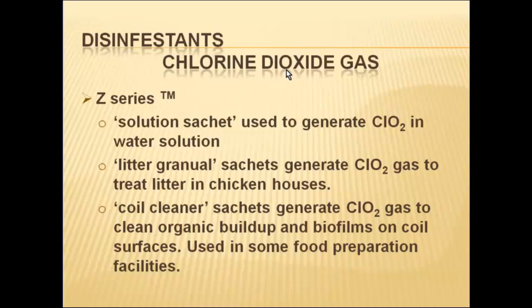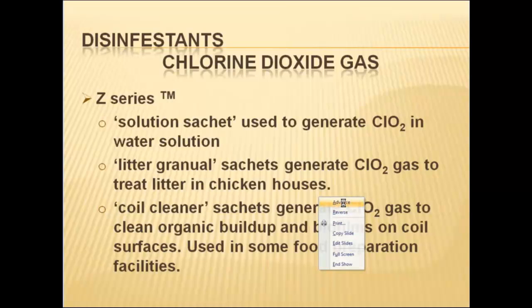This is a product that produces chlorine dioxide gas. The trade name is Z-Series. It comes in sachets. It can be used to generate chlorine dioxide in water tanks. It's also labeled for use for treating litter in chicken houses. So they're using it in large spaces in a chicken house. Seems to me that that'd be a similar application that may be worth looking into for some of the production systems. It's also used for cleaning coils of